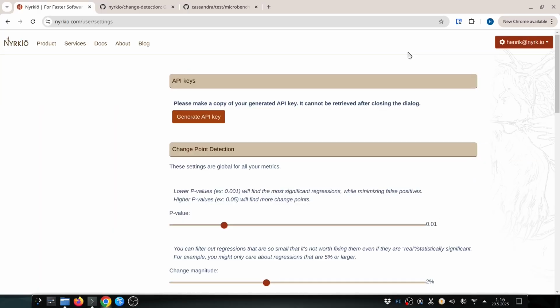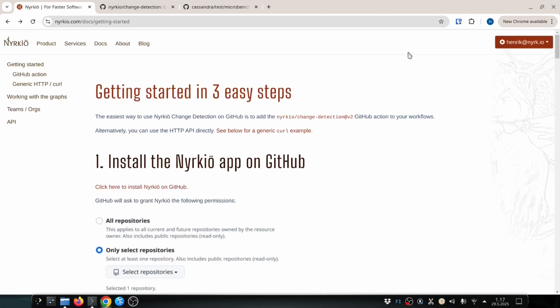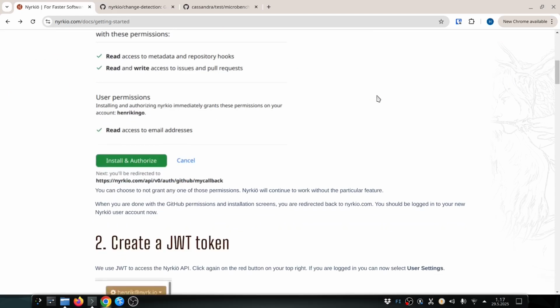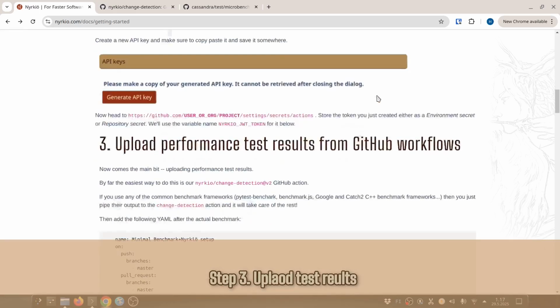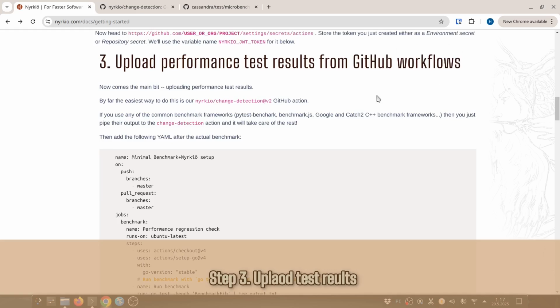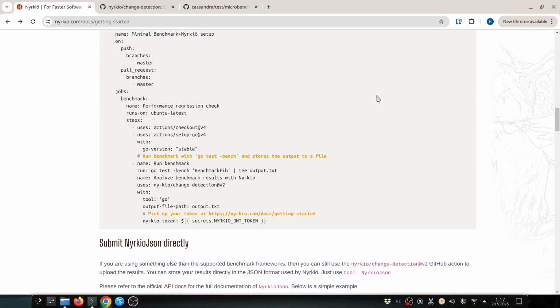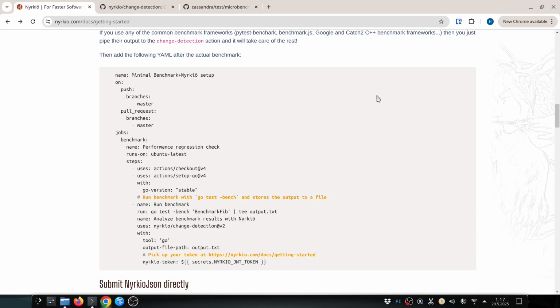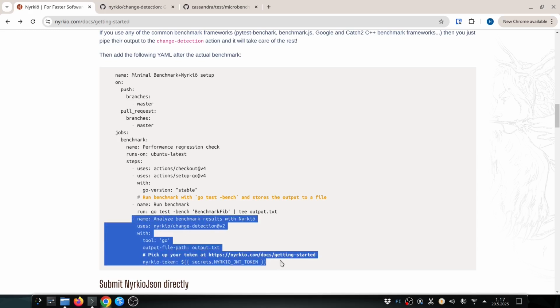I'm gonna copy that one, and then let's go back to the tutorial. So now I have GitHub connected, I have my token, and now it's time to go and copy this YAML. So we have a benchmark going on. It's not in Go, but from here on I'm gonna copy this and